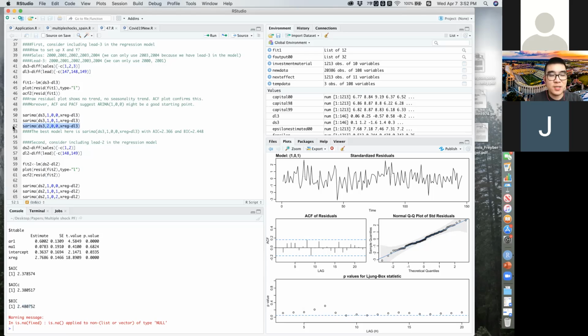I also consider this as an ARIMA 200 model, and it seems to me to have the same problem. The coefficient of AR2 is statistically insignificant, and the AIC and the BIC are both larger than the first model. Okay, so I write something here. So by checking